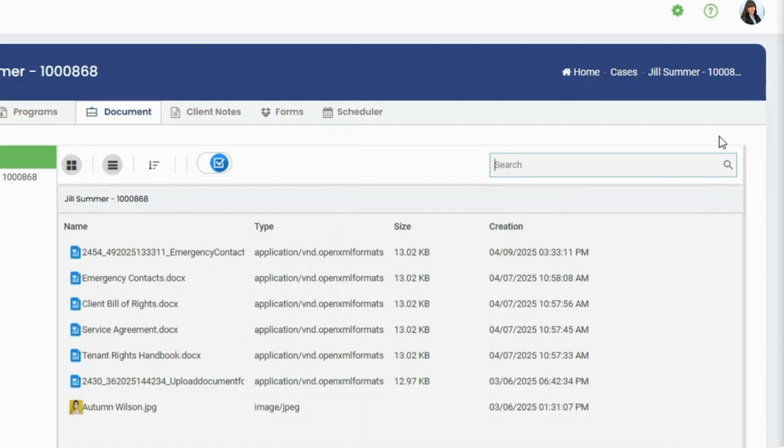So that is just a quick look at how to create and manage an individual client case file in PlanStreet. With structured templates, detailed activity tracking, and real-time alerts, managing client services becomes more